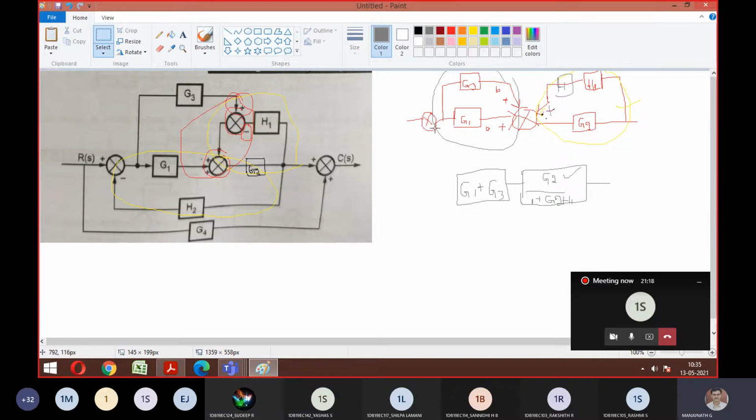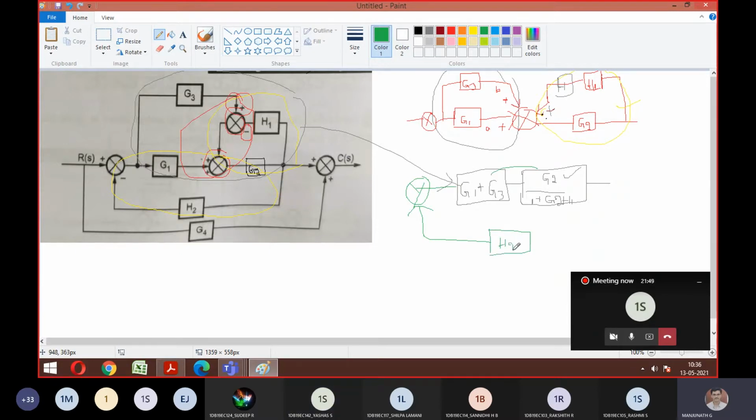Okay. So now tell me, what is going to happen? We have reduced this complete upper part. So upper part is completely gone. That has been replaced with these two blocks. Now the remaining part, what is going to happen? You should tell me. There is a summing point here, and there is a feedback path, that is your H2. Now what is going to happen for these two blocks? Is it series? Cascade. Good. Cascade is nothing but series.